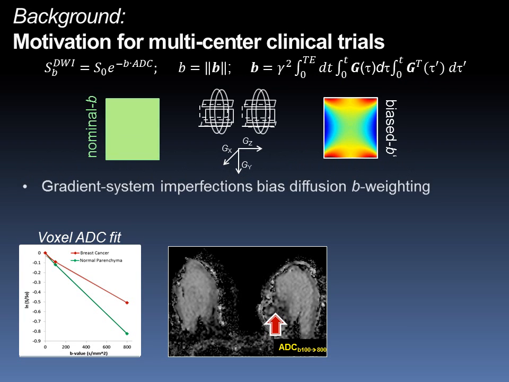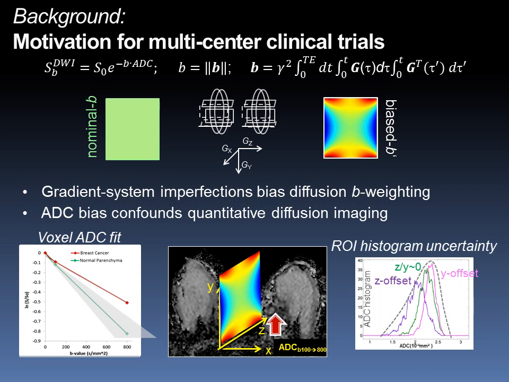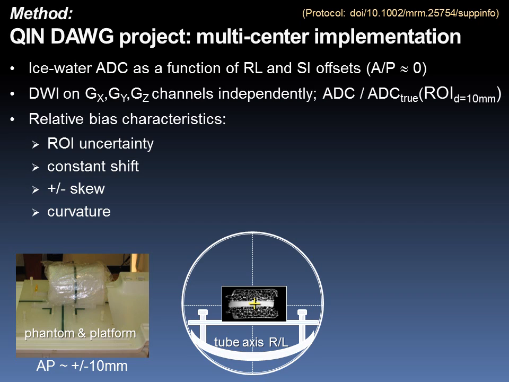The imperfections of the gradient channel hardware may cause significant non-uniform deviations in diffusion weighting from its nominal value. Such systematic deviations introduce bias errors in tissue ADC maps that broaden and shift ROI histograms, thereby lowering their diagnostic power. To evaluate the extent of the systematic bias across diverse and commonly used clinical MRI platforms, our research team